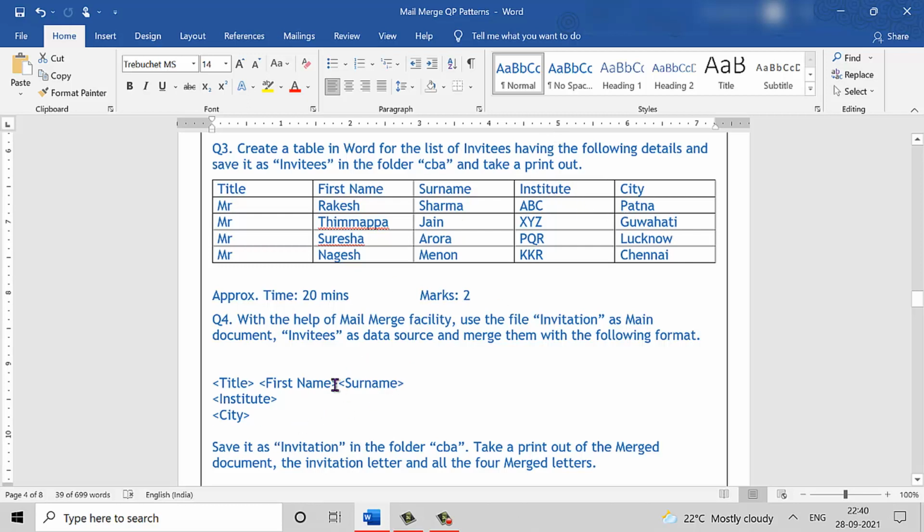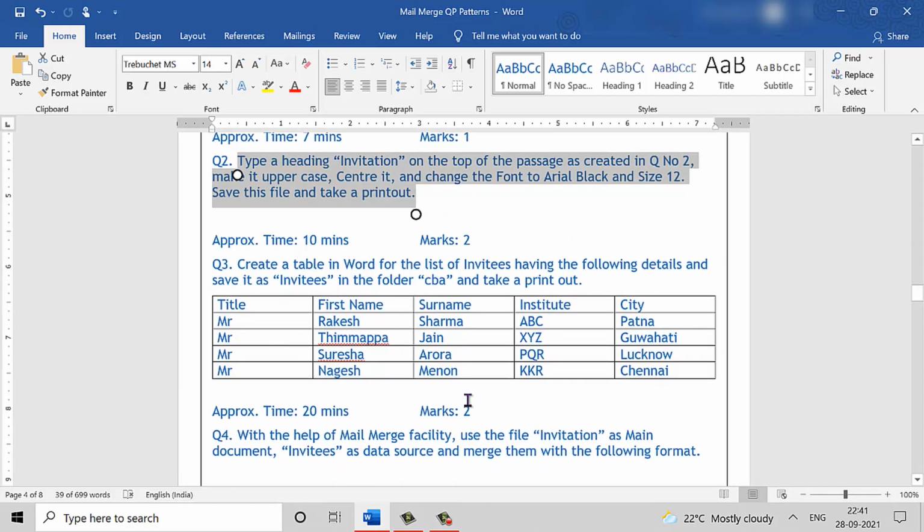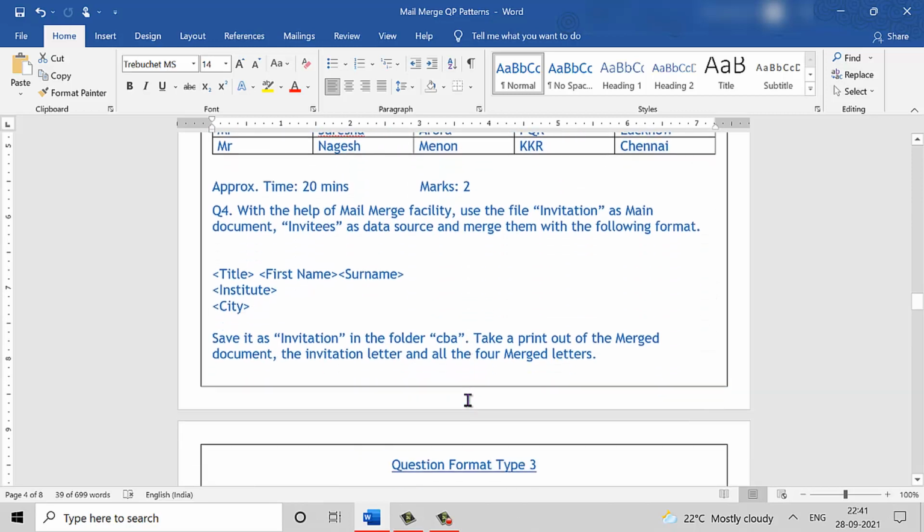So ideally, when there is no repetition of fields in the letter, however many columns are available in the data source, so many fields will be available for the merge as well. So this is another pattern of question paper, which is slightly different from the first one, but not totally different, very relatable or similar.